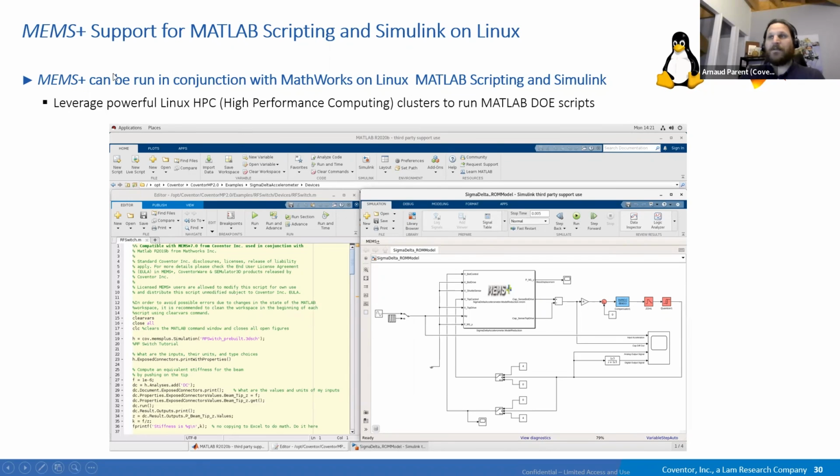Those environments are 99% of the time, maybe 100% of the time, running on Linux. So having MATLAB, the scripting way of using MEMS+, will allow for HPC, so parallelization or the use of a very good machine that you are renting from HPC. So that's a big change.